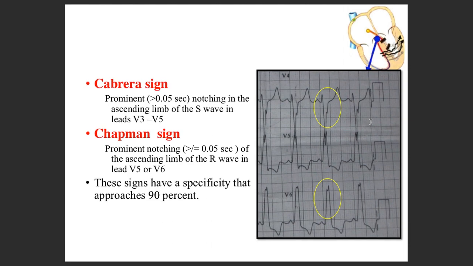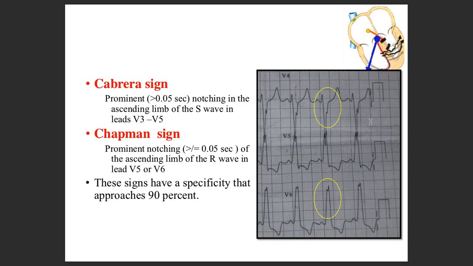Okay. So just to keep all these things in mind, but they are not the best tests, as I already showed you. The sensitivity is not very high. The specificity is also not very high. But to be aware, if you all remember, there's a P wave, there's a QRS wave. The QRS wave has an ascending limb and a descending limb as well. So in the ascending limb of the QRS, which is going up, if there's an S wave,